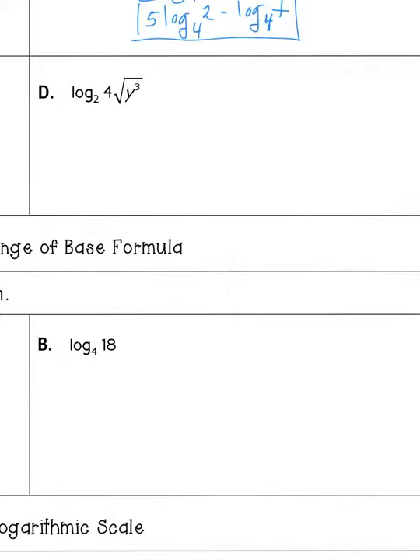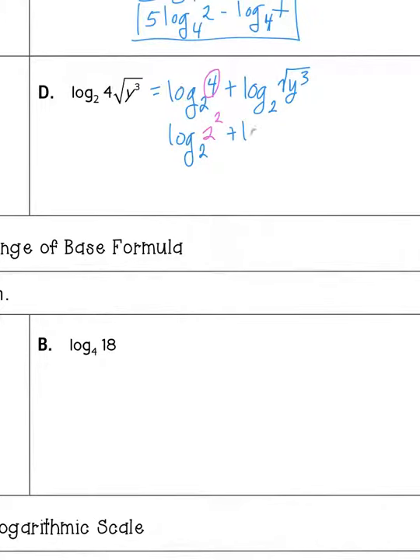So with D, the ugly part about D is this square root here. But remember that we can write the square root of y cubed without the square root as an exponent. So let's deal with the fact that we have 4 times this. So because we have multiplication, I'm going to split that by addition. So log base 2 of 4 plus log base 2 of the square root of y cubed. Then 4 right here can be written in exponential form. So log base 2, 4 can be written as 2 squared